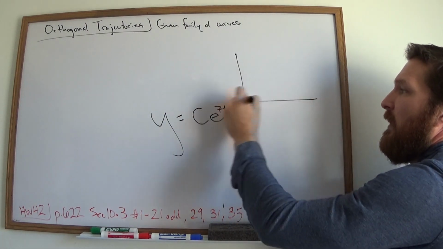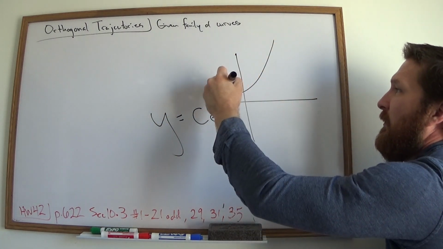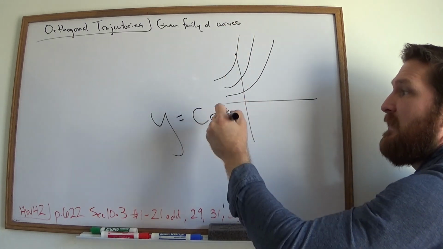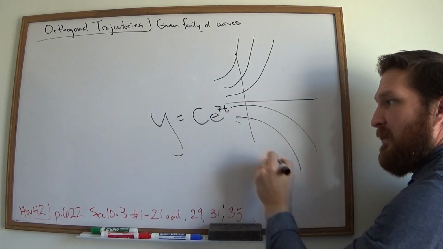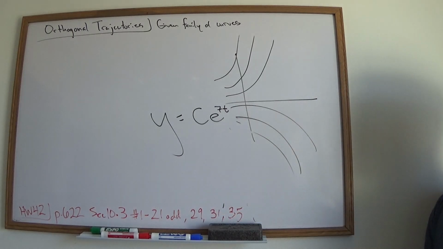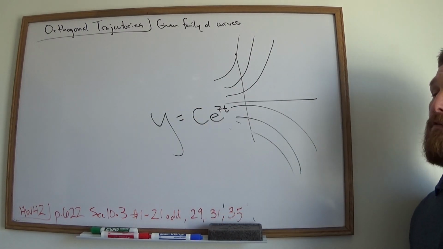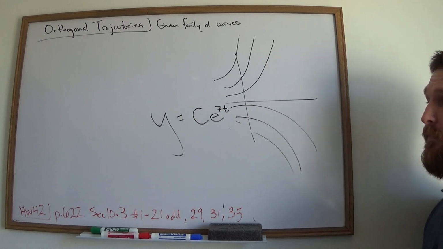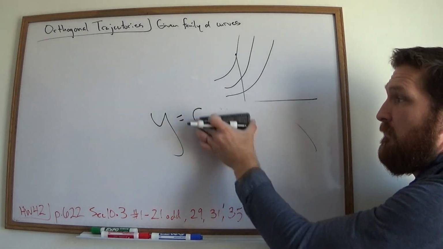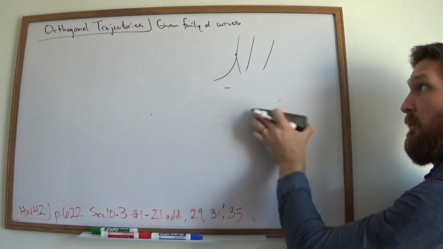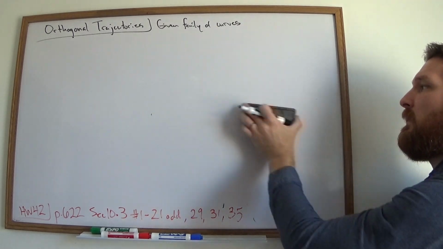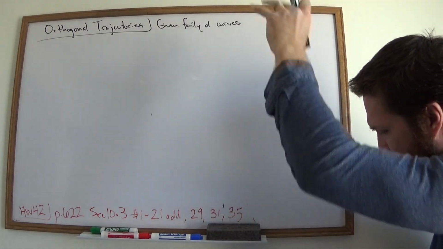Like we just saw, they're going to look different because they're going to go up like this for different values of C, and go down like this for different values of C. That's a family of curves. I never said that this was a solution to a differential equation. It's just some family of curves. This turns out to be a solution to a differential equation, but we don't really care about that right now. We're just saying, given a family of curves,